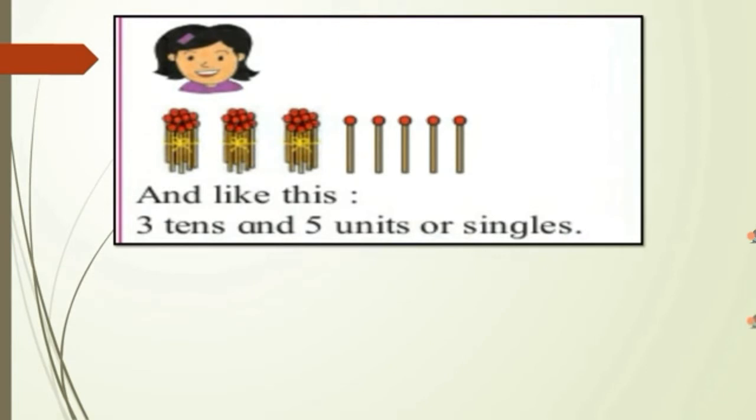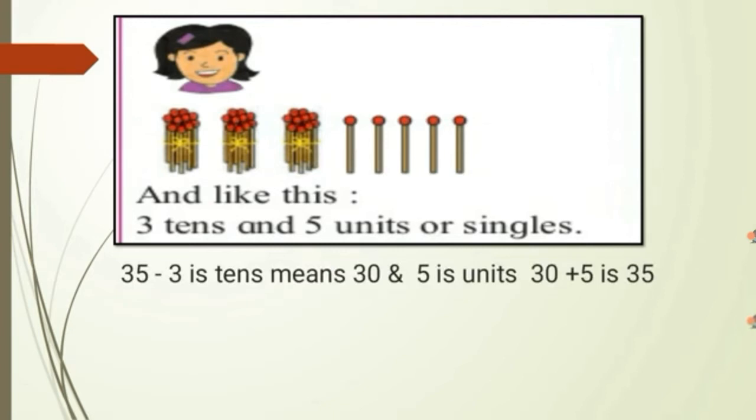Okay. Here Rama makes groups of 10. 10 means 10 things in each one group. Like this way, she makes 3 groups. 3 groups means how many sticks here? 30. And 5 sticks are single here. Okay. 1, 2, 3, 4, 5. This means 35 sticks are here. 3 tens means what? 30 numbers are here. Okay. 1, 2, 3. This is a group of 10 things. Like this, here it is 3 groups, which means 3 tens. Do all of you understand?